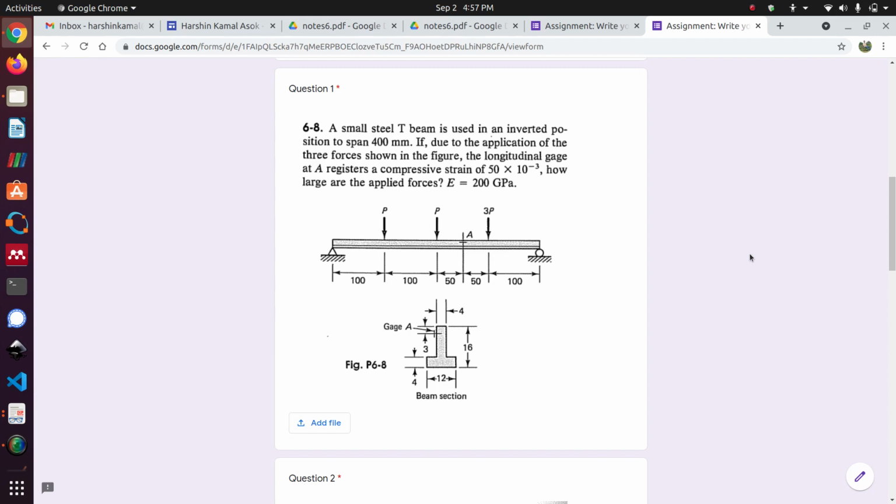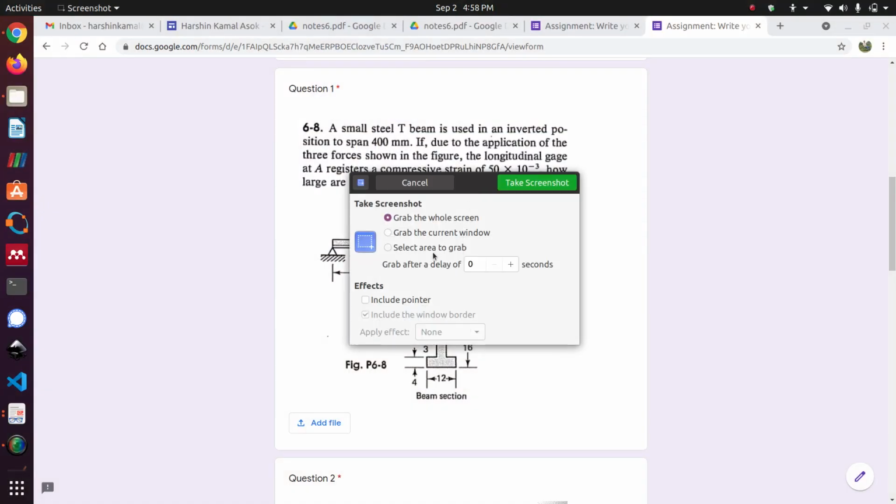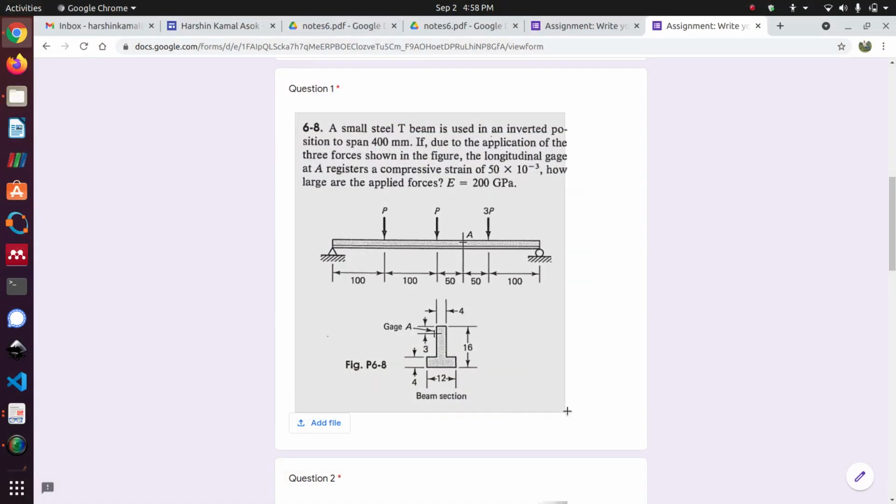And now the question is, how large are the applied forces if the value of Young's modulus is 200 GPa. Now how do we address this problem? Now if the value of compressive strain is given, you can calculate the